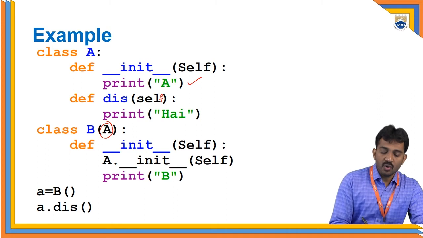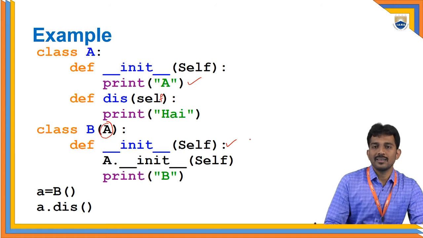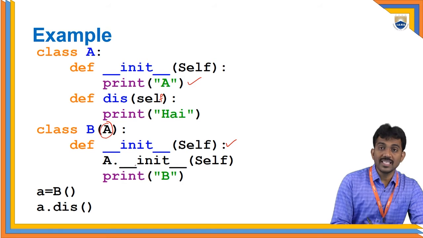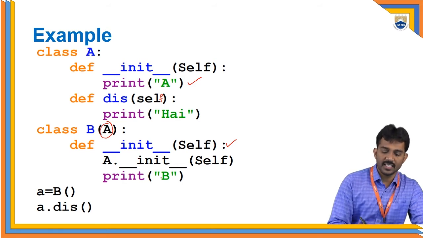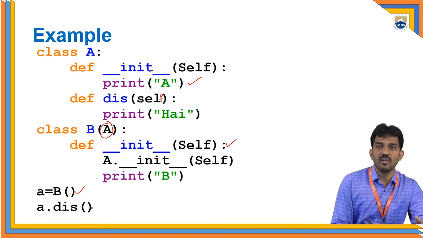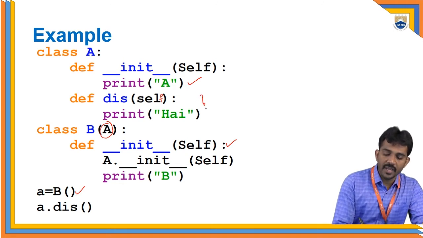And you have created one more constructor for the derived class, and you are going to call the super constructor, meaning the parent constructor, by using the base class dot __init__ of self. When you create an object here, for which class? Base class B. Then by default, it calls these two. And a dot display. This is not available in the B class, right? The display function is not available here. Still it will call it because the function is available in the parent class.